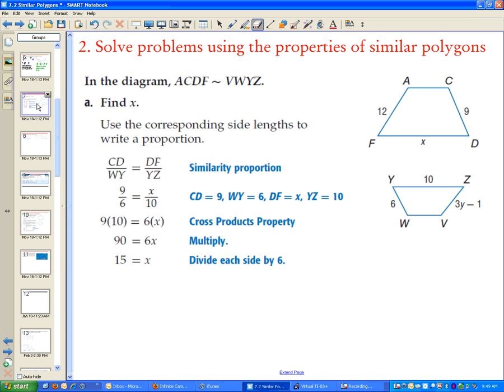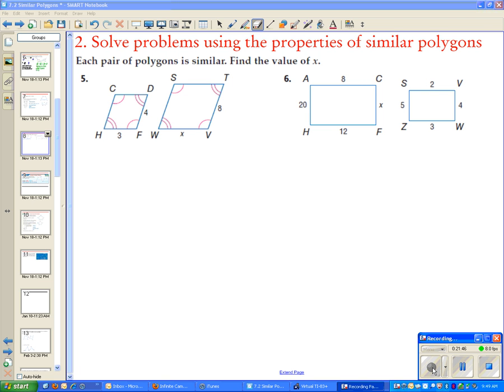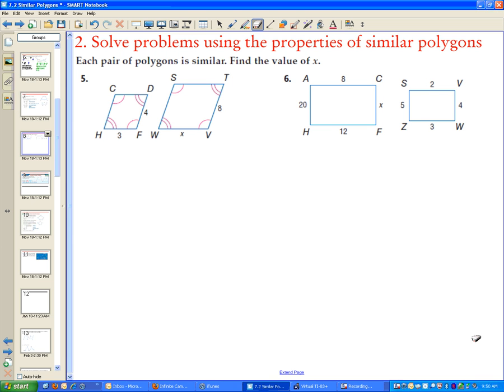All right, let's see. That's what we just did. So number 5 on page 468. Actually, we're on 469 now. They tell us in the directions, each pair of polygons is similar. Find the value of x. All right, so we know they're similar. We don't have to wonder about it. So for number 5,